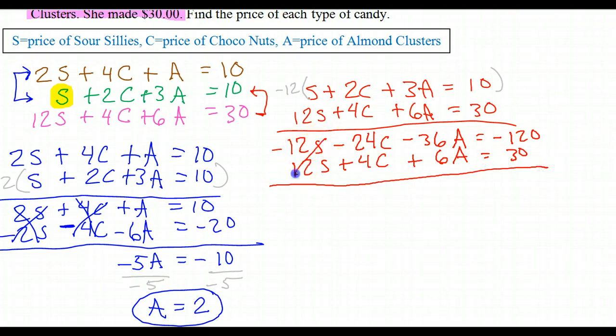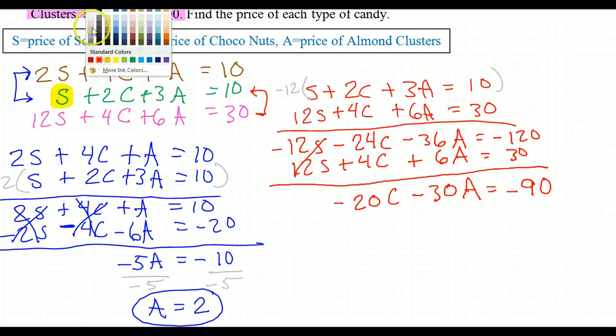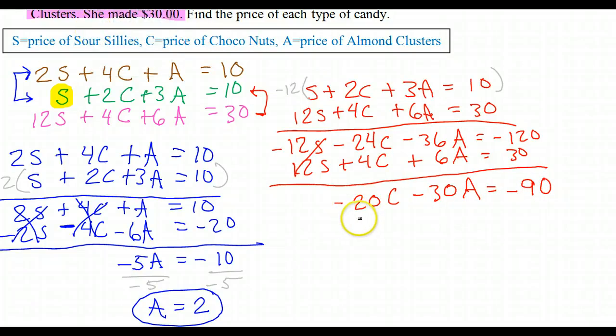As I combine like terms, these go away. So I will have negative 20c minus 30a is equal to negative 90. Okay. All of these are divisible by 10. So I'm definitely going to do that at this point. Make the numbers smaller. Life is better. So if I divide all of these by 10,